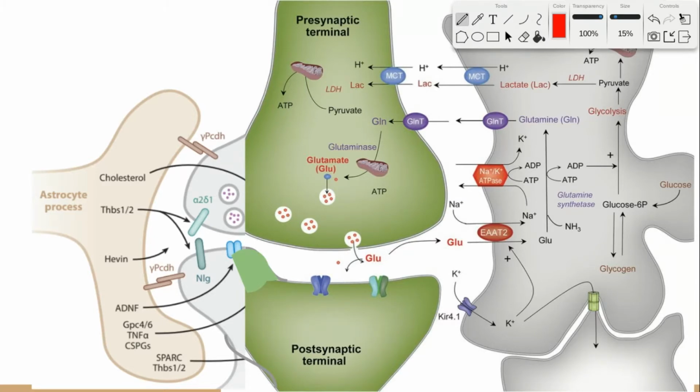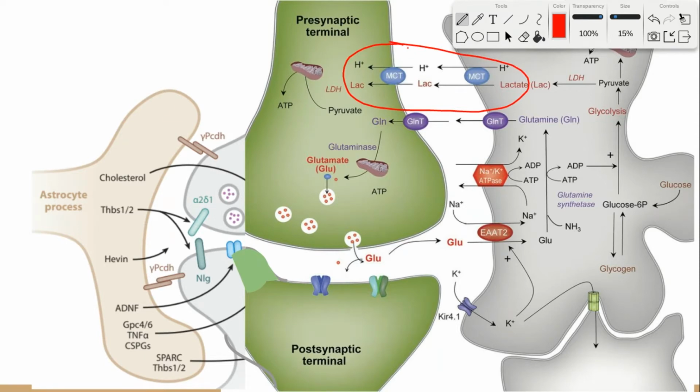Now let's zoom out a bit and look at the role of astrocytes in the maintenance of a synapse. This image is a mesh of two different figures, as you can see, but the idea is the same. So let's begin by picking out some of the important metabolic support roles that astrocytes are playing. Up here in the top right,